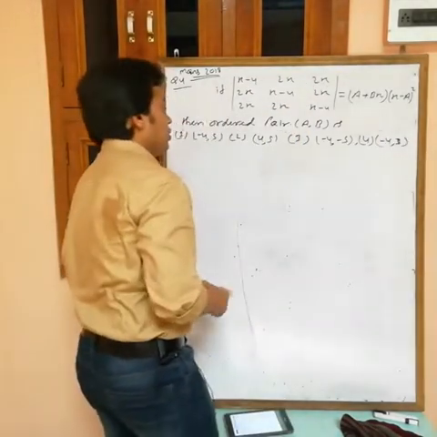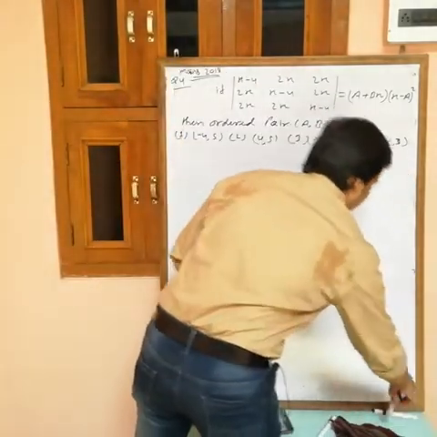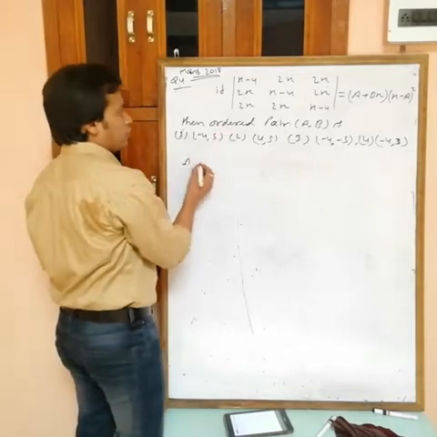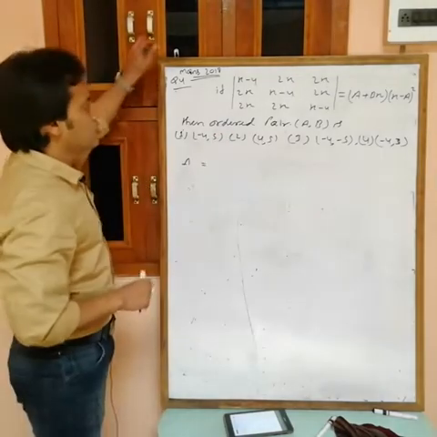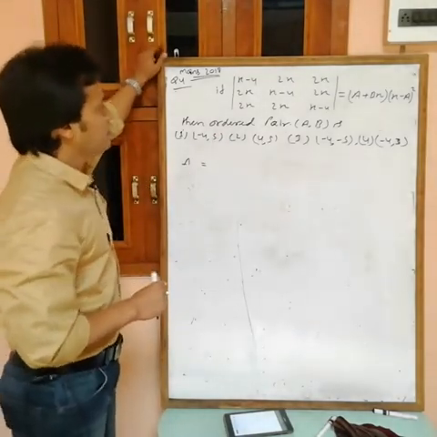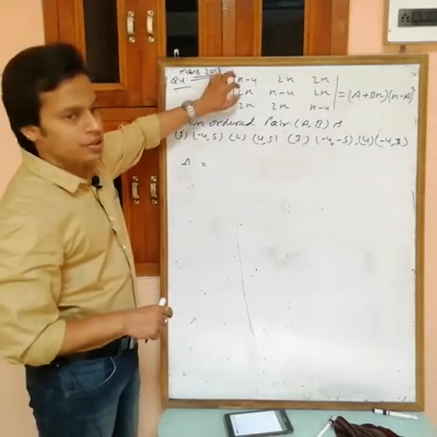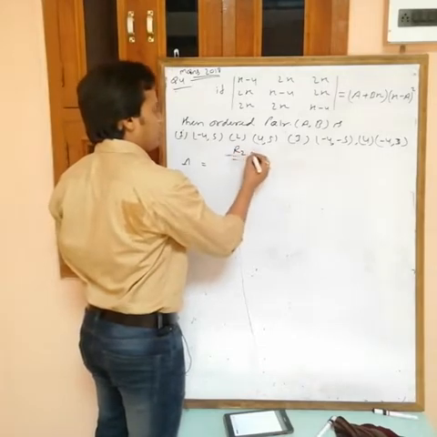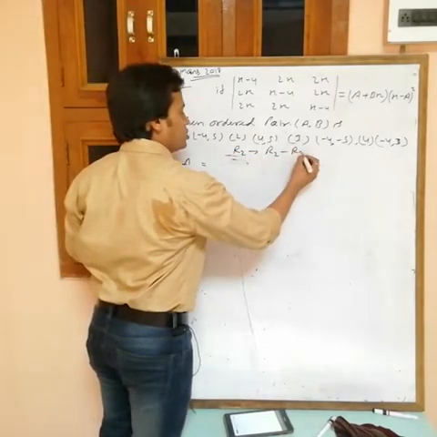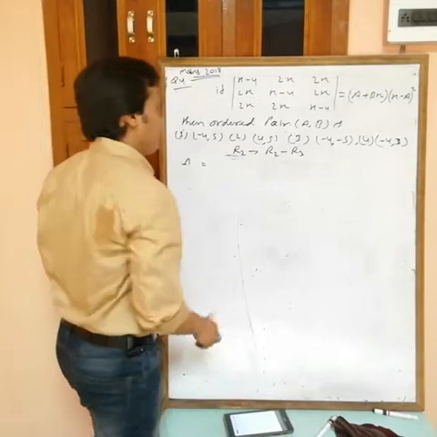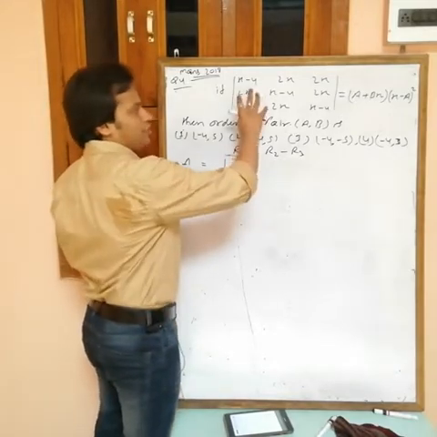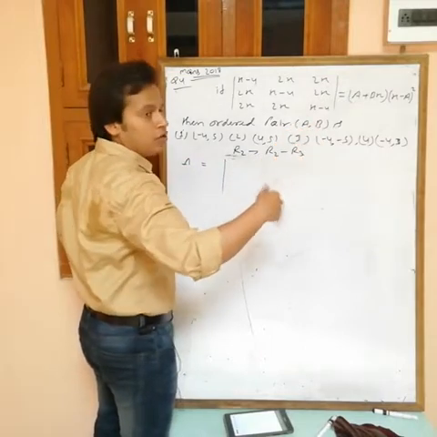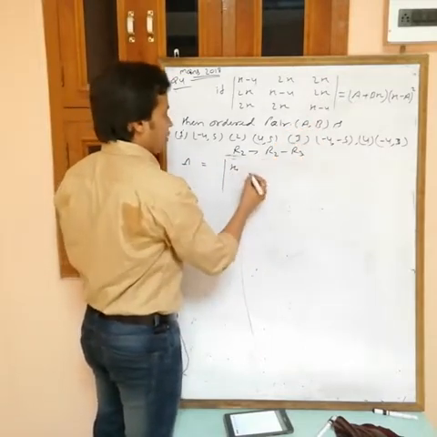Okay, we want the value of a and b. It means first I have to expand this determinant. Okay, now see, I want to make some zeros. How to make some zeros? R2 goes to R2 minus R3, this becomes 0. So first I am applying the row transformation, R2 goes to R2 minus R3, to simplify this one. First I have to find the value of this one in this form, (a plus bx) into (x minus a) whole square.